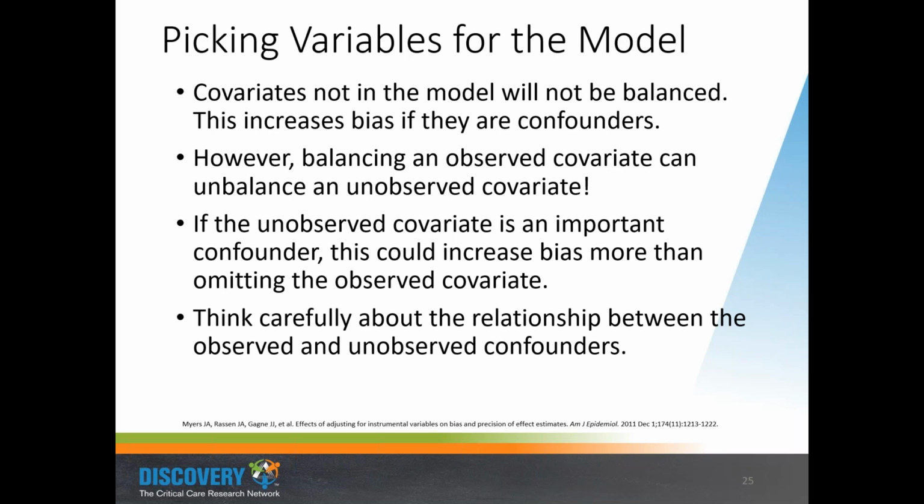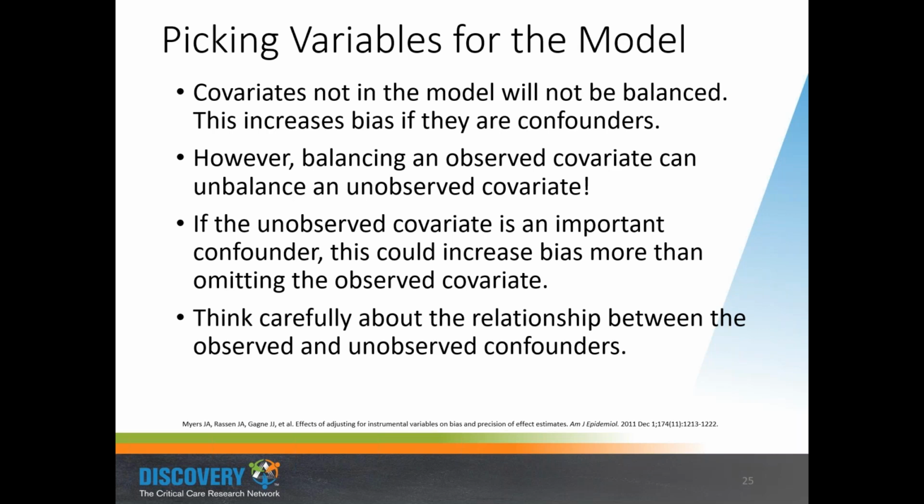So there's that. Now, among those variables that you have available to you that exist before the treatment happened, which ones should you include and which ones should you not include? Well, if you decide not to include some variables, they won't be balanced after matching on the propensity score, because the propensity score doesn't know anything about them. So it won't be able to properly account for the difference in those variables if you don't include them in the propensity score model. That will increase bias if those variables really are important confounders, that is, things that affect both the treatment assignment and the outcome.